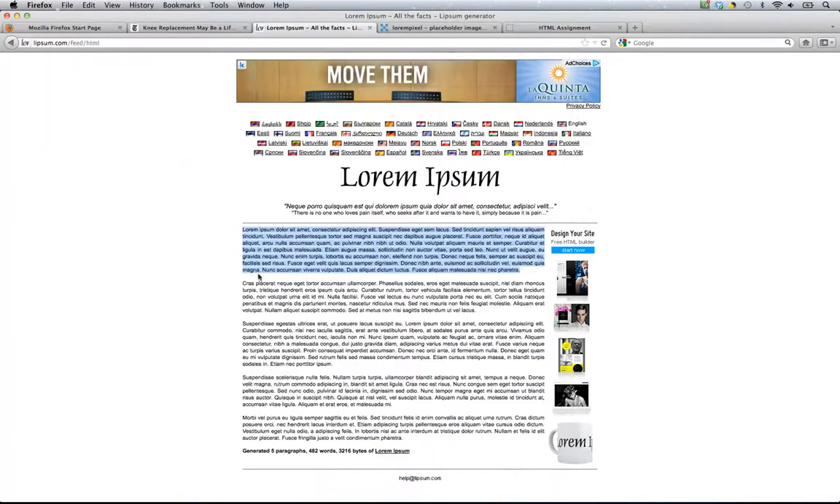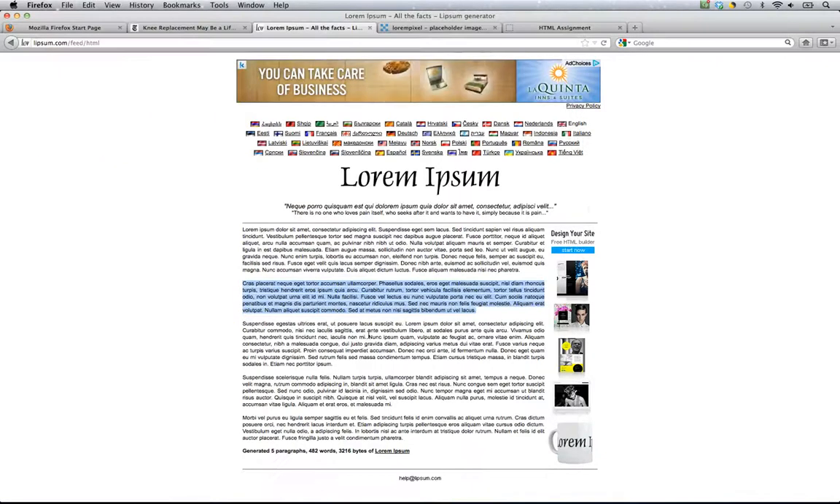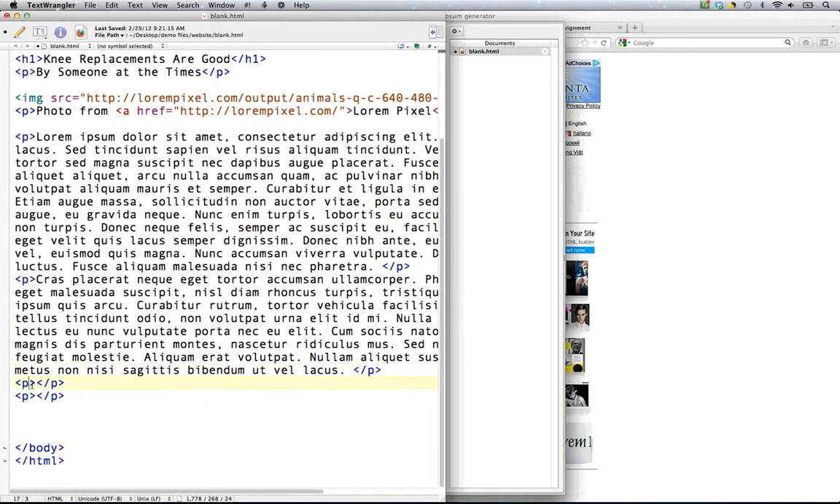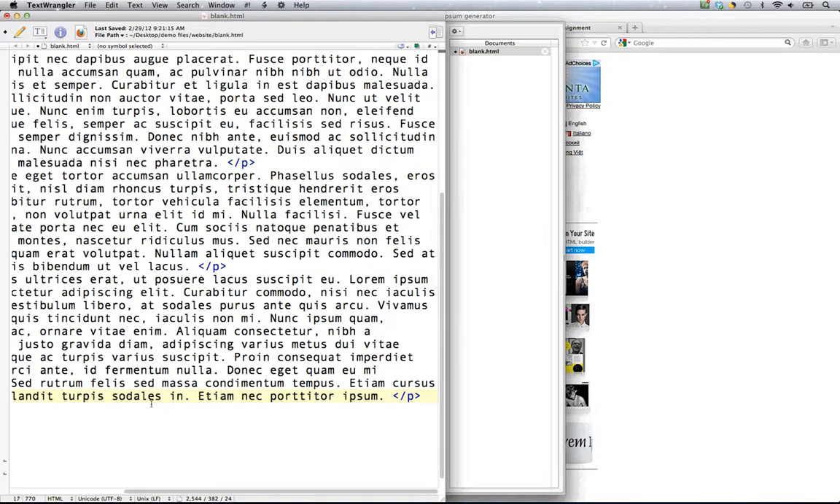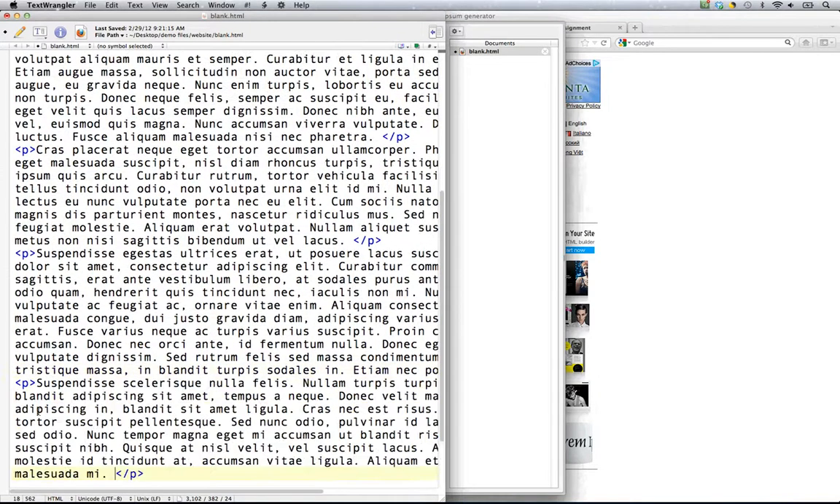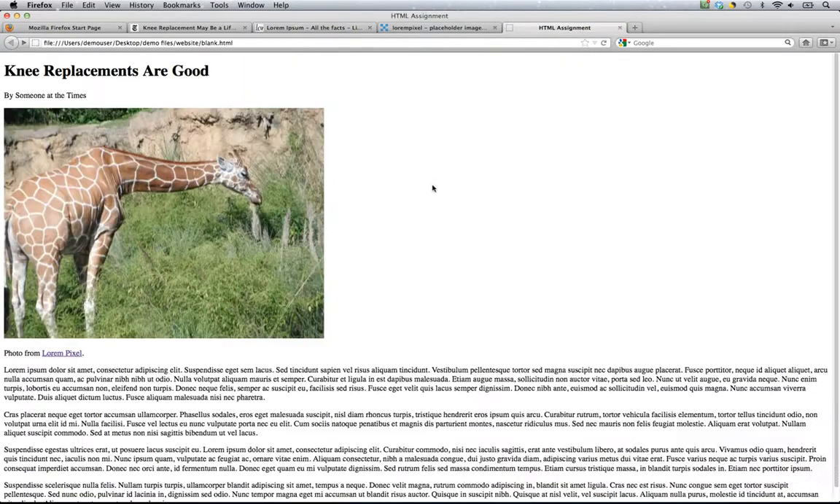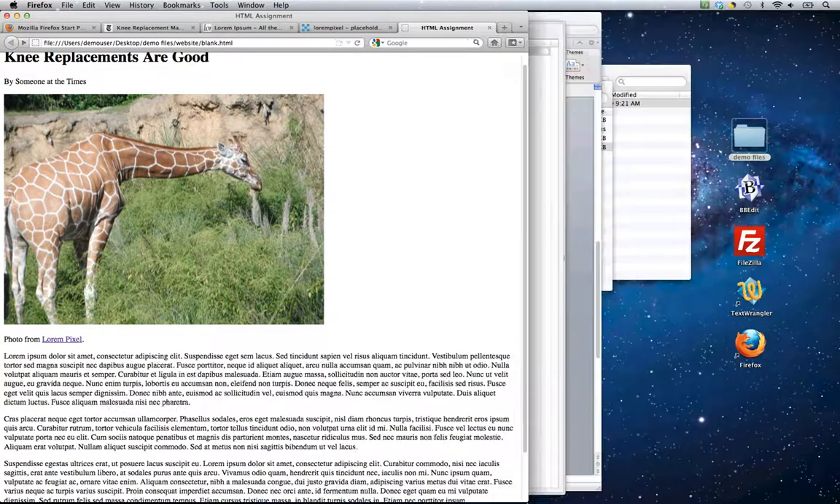So I'm just going to grab a paragraph, come back here, paste it in my paragraph tags. I'll grab another one, copy, come over here and paste, grab another one, come over here and paste it. I'll grab one more, so we have 4. And I'll come over here and paste that here in between. So I'm going to hit save, come over here, refresh my tab, and now you can see I've got 4